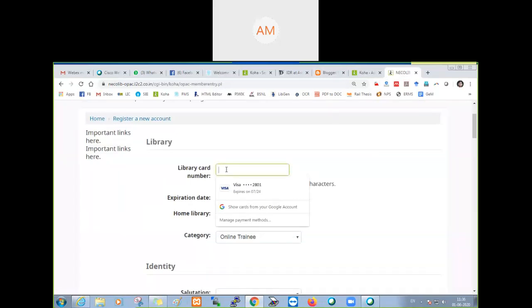Basically the library card number should be given by the library, not by the user. So this option should not be there for the user. Is it right? So we will deactivate it, but how? We will make the system generate the number automatically. So where will we do it?